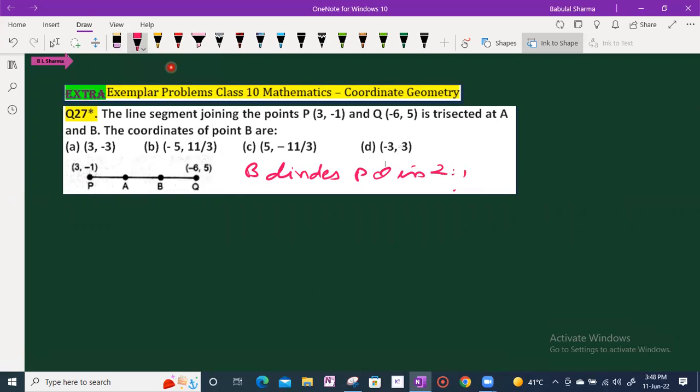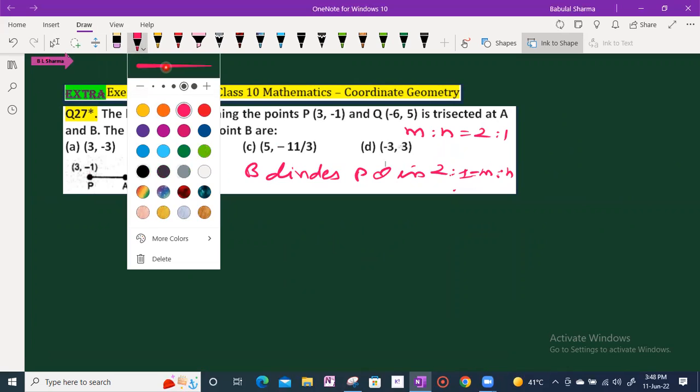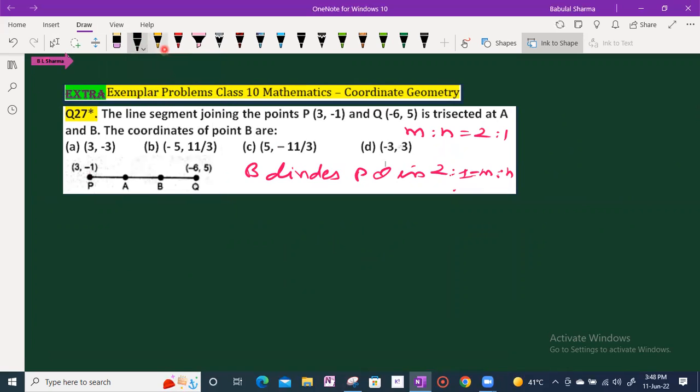That is 2:1. Yes, point A divides in the ratio 1:2, but point B divides in the ratio 2:1. So in place of m you can take 2, or in place of n, you can take 1. Let the coordinates of point B be x, y. So using the section formula, x is equal to